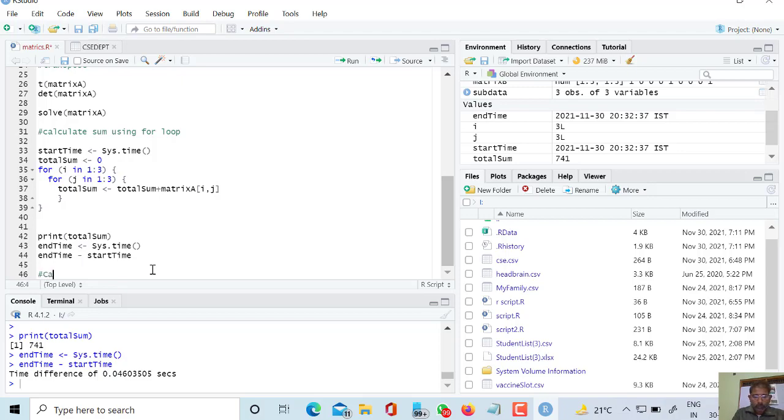So calculating sum by using inbuilt function.